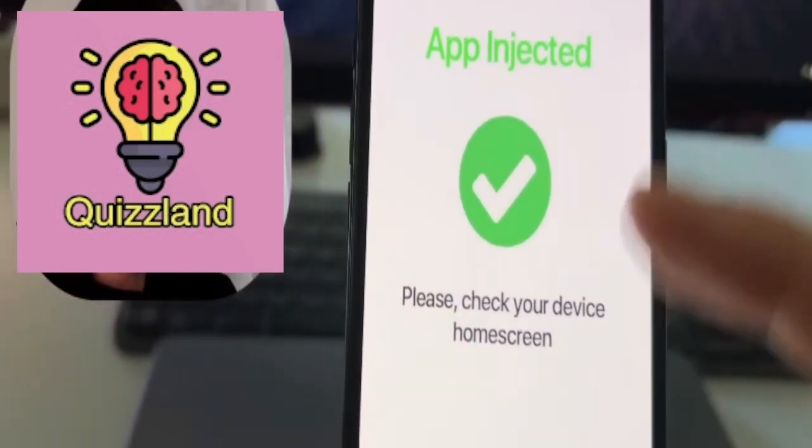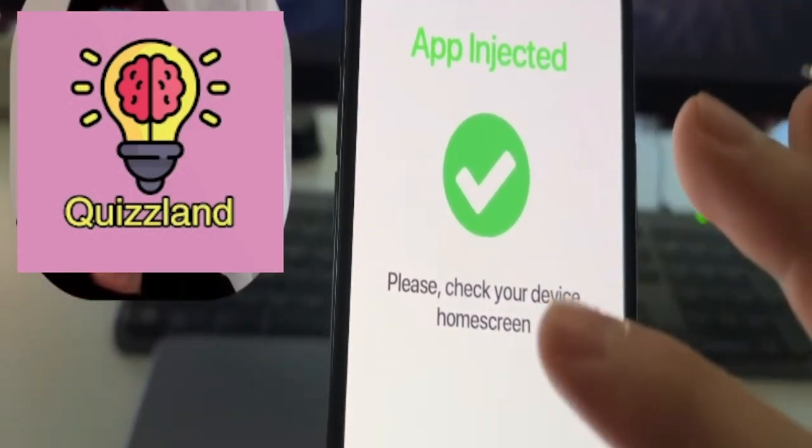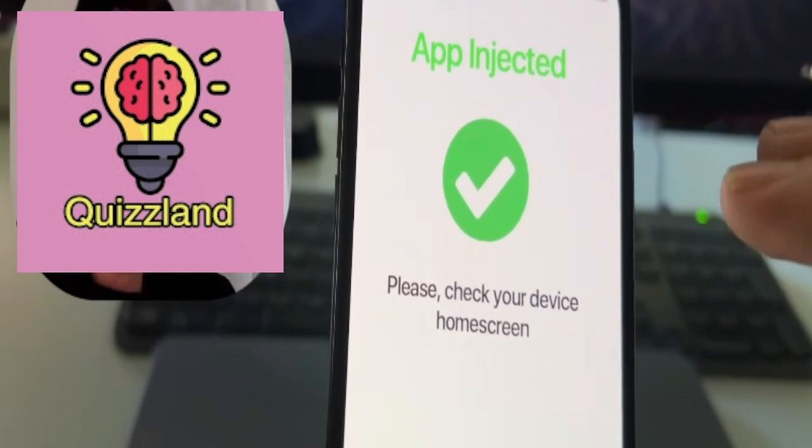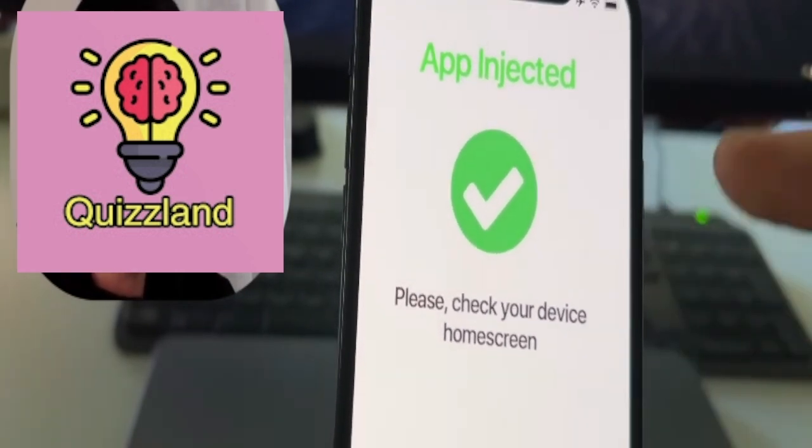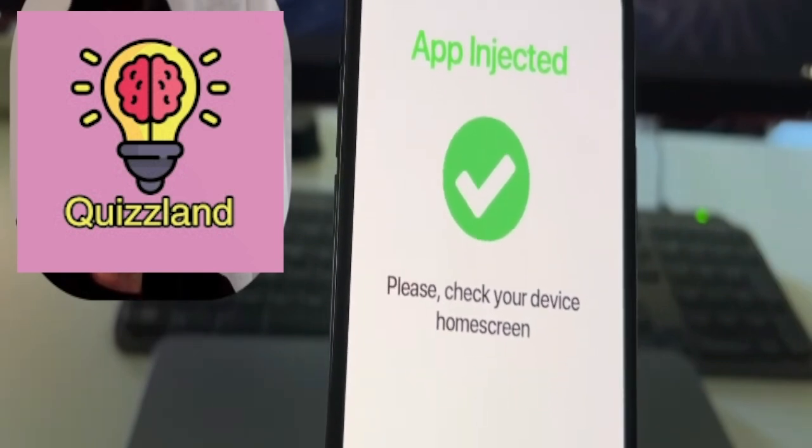And now you should see this page right here that says that the app has been correctly installed. Normally, if it's the first time that you do this, you will see a list of apps here. In that case, just tap on one app, read the instructions that will pop up, and do the instructions inside